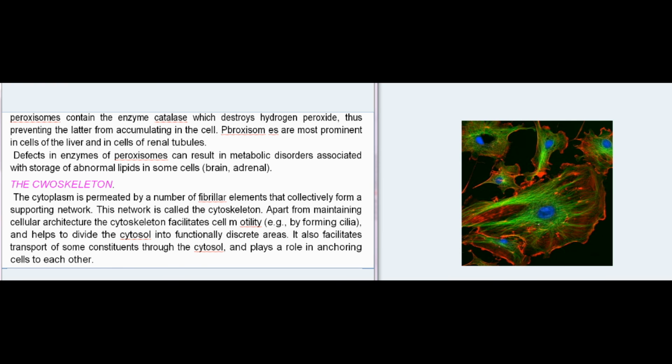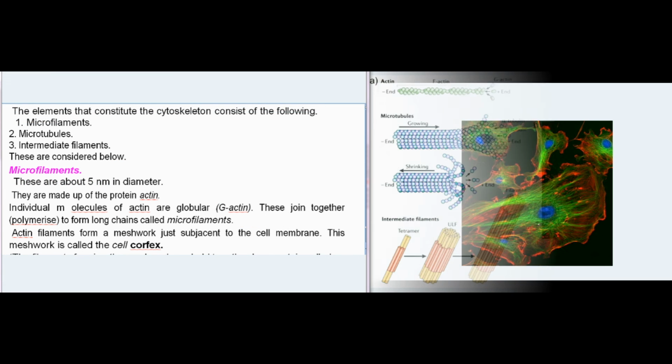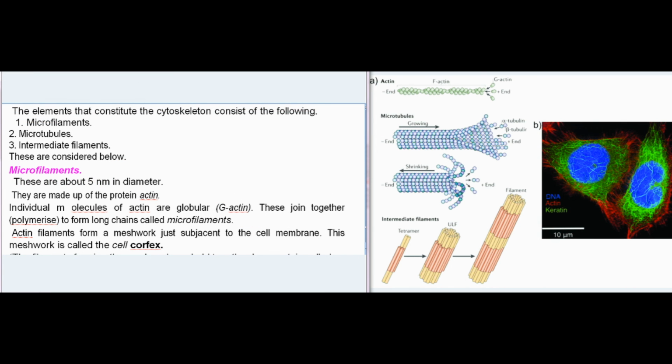The cytoskeleton. The cytoplasm is permeated by a number of fibrillar elements that collectively form a supporting network. This network is called the cytoskeleton. Apart from maintaining cellular architecture, the cytoskeleton facilitates cell motility, for example by forming cilia, and helps to divide the cytosol into functionally discrete areas. It also facilitates transport of some constituents through the cytosol, and plays a role in anchoring cells to each other. The elements that constitute the cytoskeleton consist of the following: